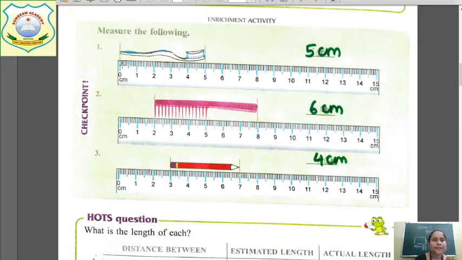Do it. I'm giving you 2 minutes time. You all make it fast. Okay. So with the help of scale, you will draw a line this side also and this side also. Drawn, everyone? Now